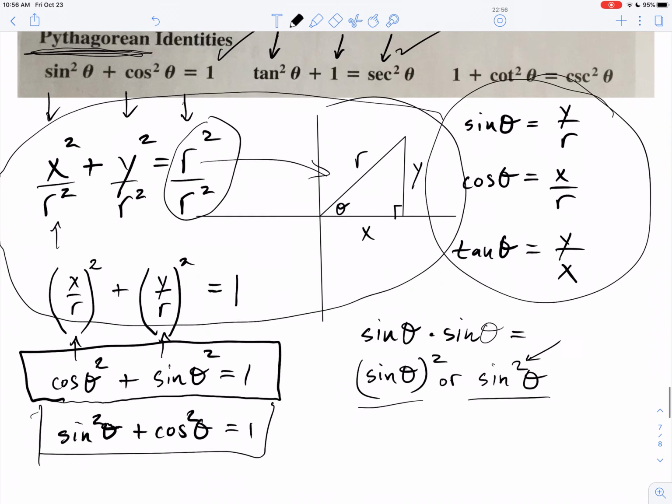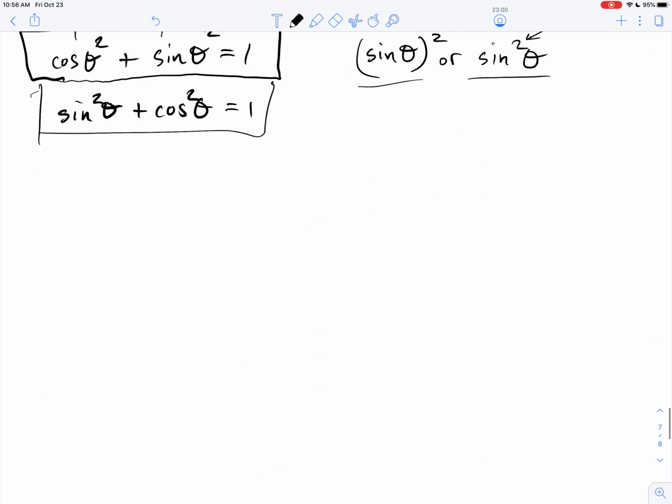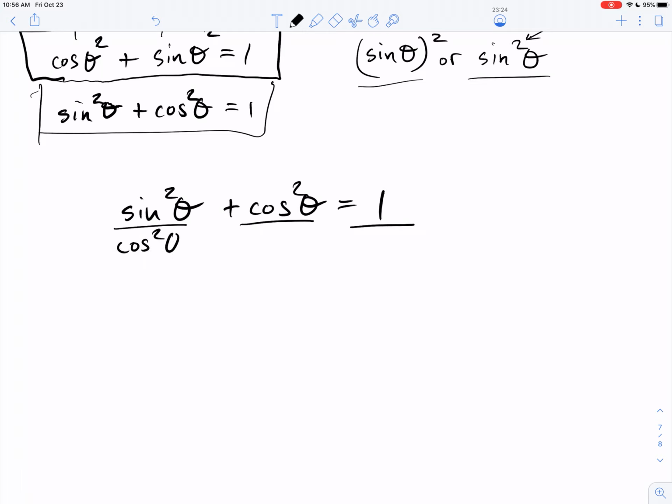Anyway, let's talk about that one, because I'm just going to show you. I just proved this thing is true to you. Well, guess what? I am going to choose right now to divide everything here, everything, by the exact same thing. And that exact same thing is going to be cosine squared theta. Why not? As long as I divide everybody in the whole shebang by the same thing,